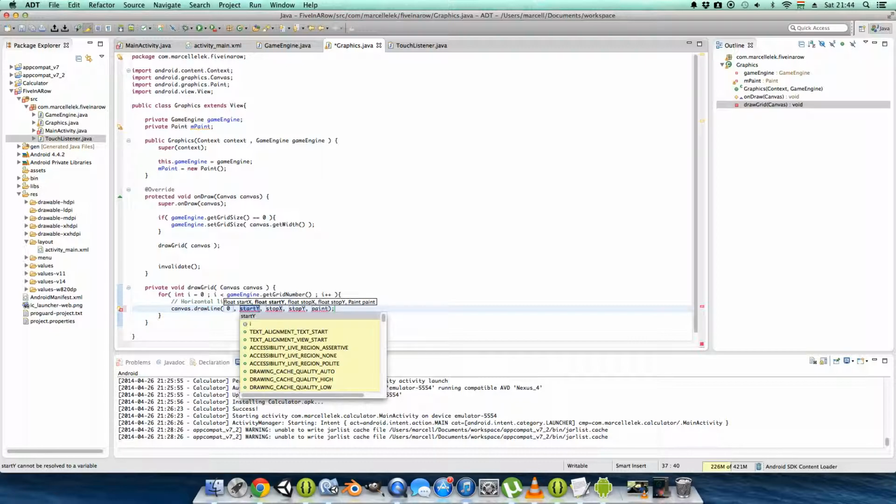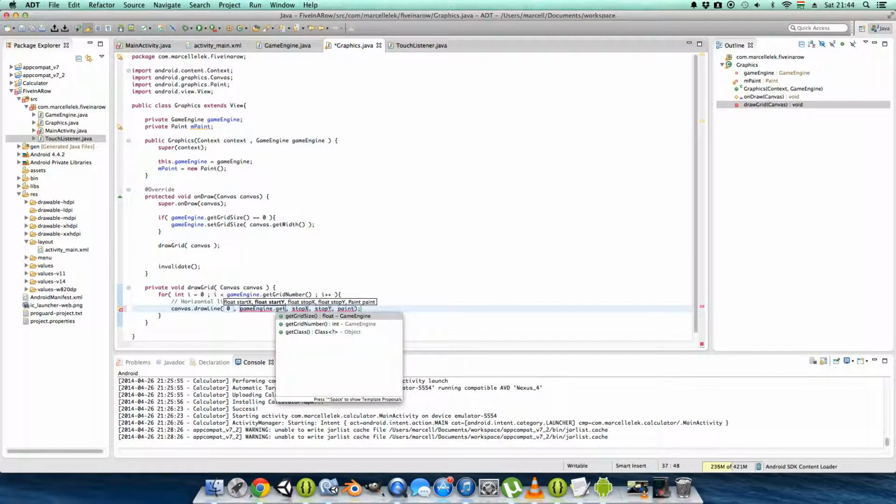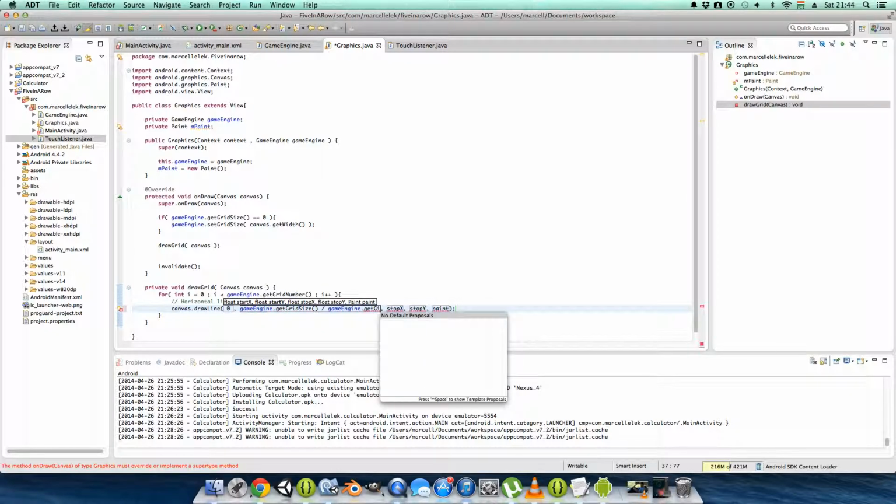So we want to have it game engine dot get grid size divided by game engine dot get grid number times e,